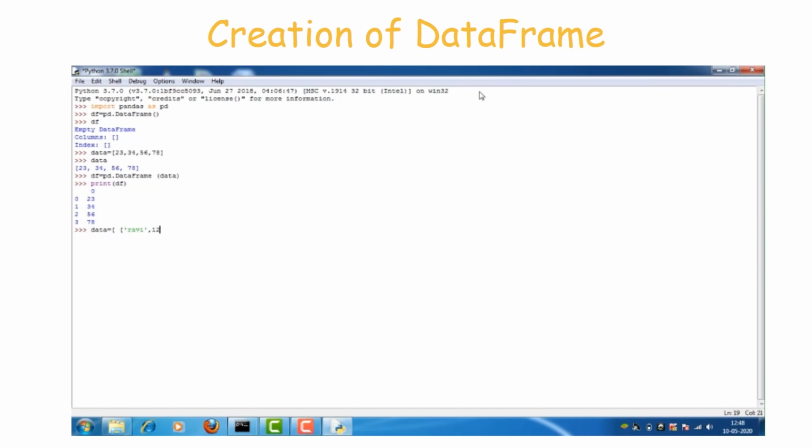So Ravi, 12, comma, Raja, 13. Print of data. So now the data is created with two instances, Ravi and Raja.